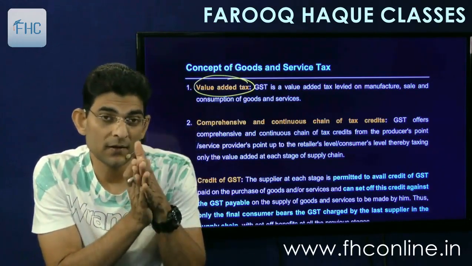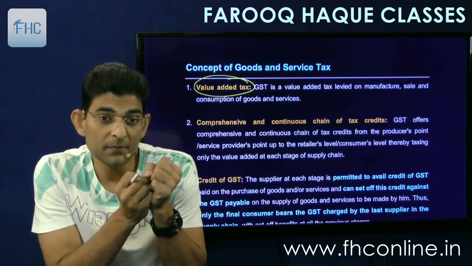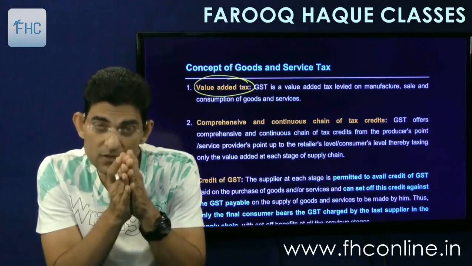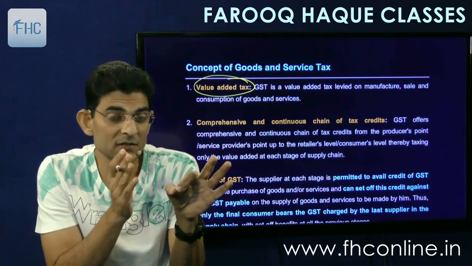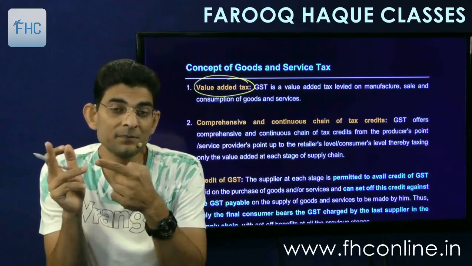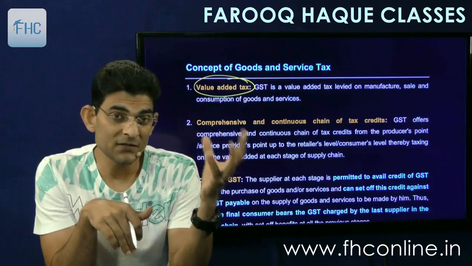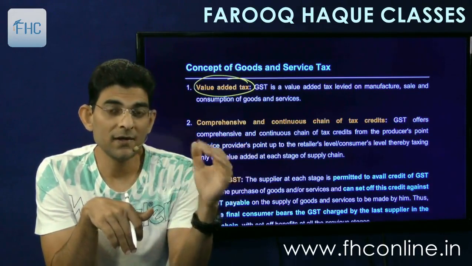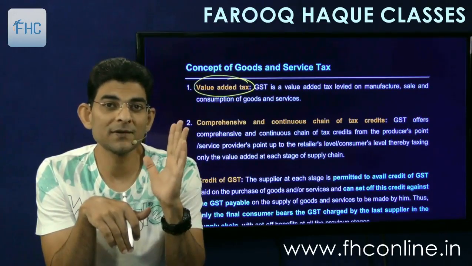GST is one. So GST is an amalgam, a composition, or the subsumption of both the acts, both types of taxes, the excise and the state tax, the VAT. Therefore, credit is seamless, meaning you don't differentiate. Earlier the problem, as we just saw in the example, was that excise credit was not allowed against state VAT. Now that problem is gone. GST credit is allowed to be set off against GST on output. So it's simple.